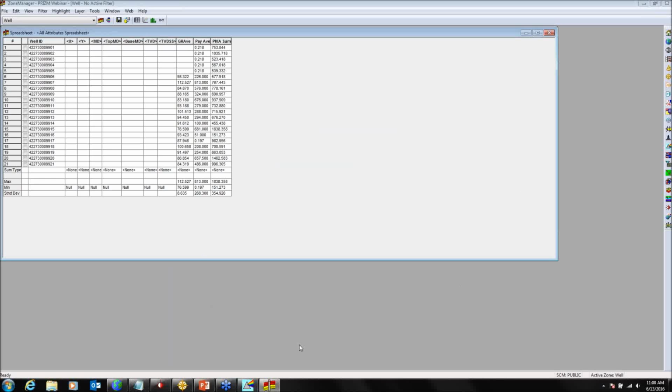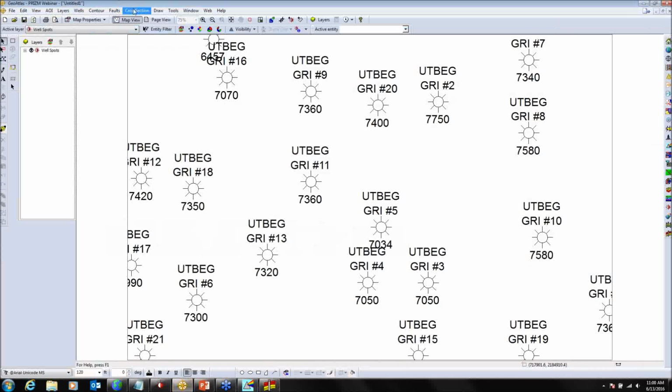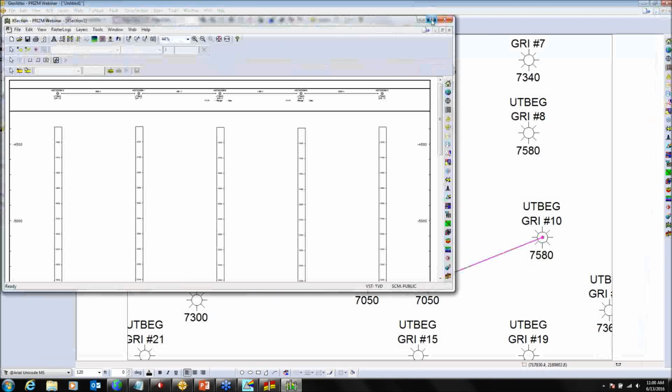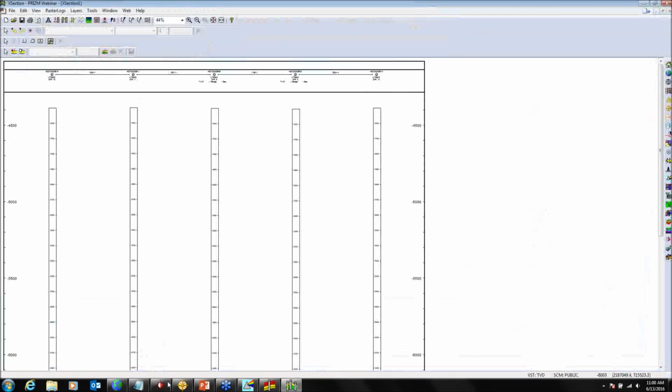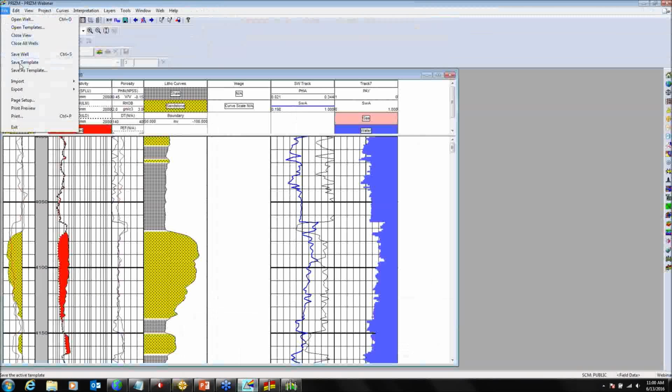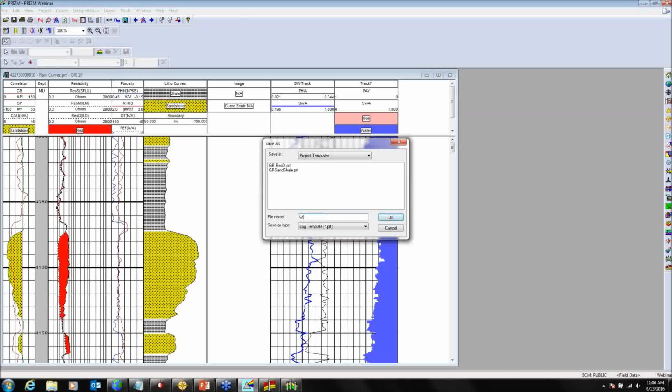So the last thing we're going to do here is just look at applying templates to a cross-section. So I'm going to come back in here to my map. This is just a well-based layer that I've got here of all my wells. I'm going to define a cross-section from this particular area. And I have a cross-section template I want to use just to create a depth cutoff. And then I need to apply my template. The first thing I need to do is actually save the template. So let's do File, Save as Template, and